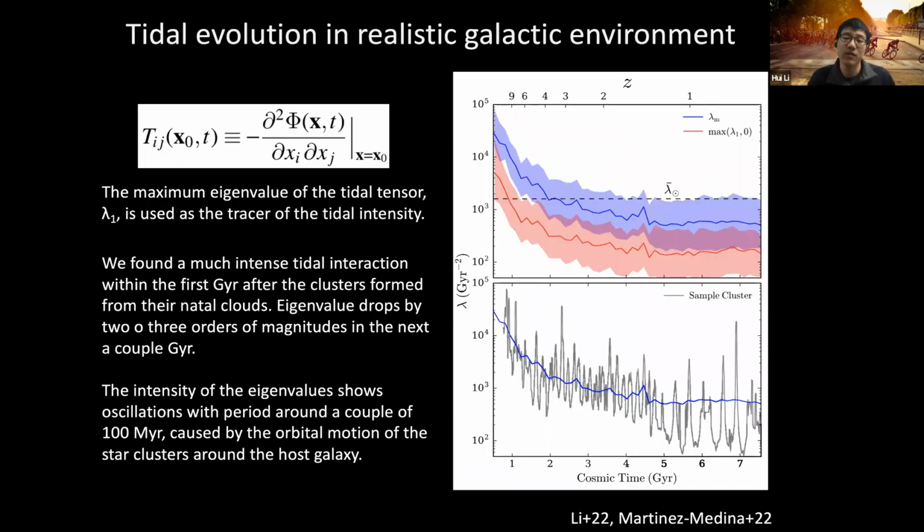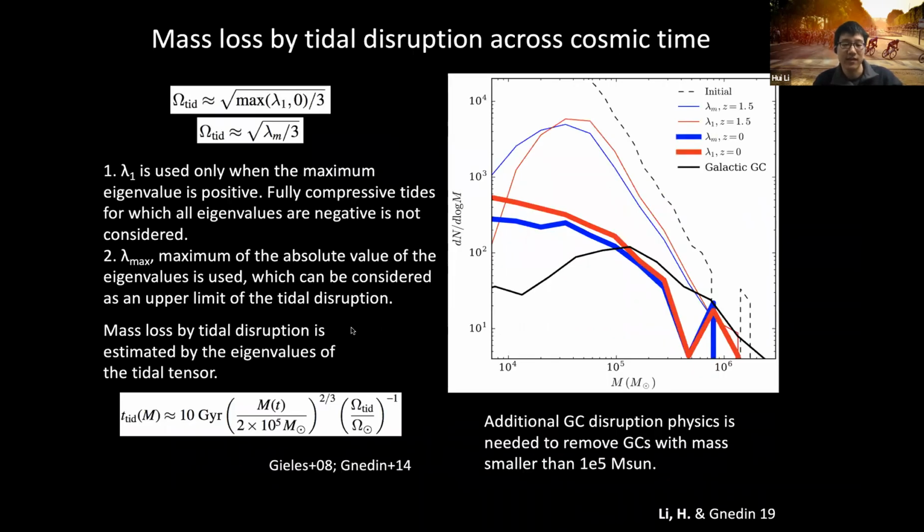So to study the tidal evolution, we use a tracer of the tides, the second derivative of the potential, the tidal tensor, and use the eigenvalues of the tidal tensor to study the history of the tides. And you can see these are extremely complicated during the first 7 or 8 gigayears of the simulations. Then, based on this dynamical tidal history, we calculate the dynamical evolution based on the N-body calibration. And we find that